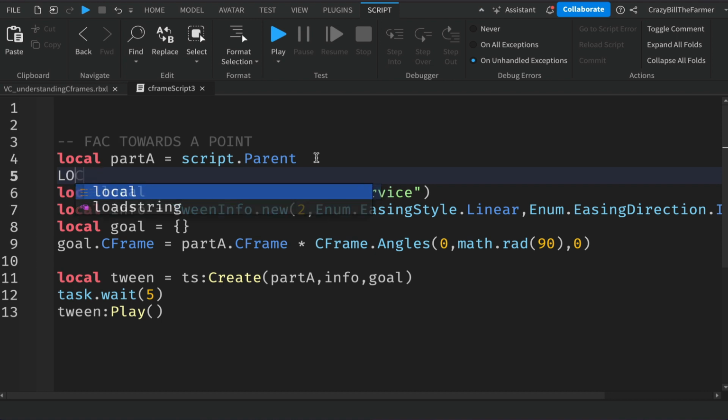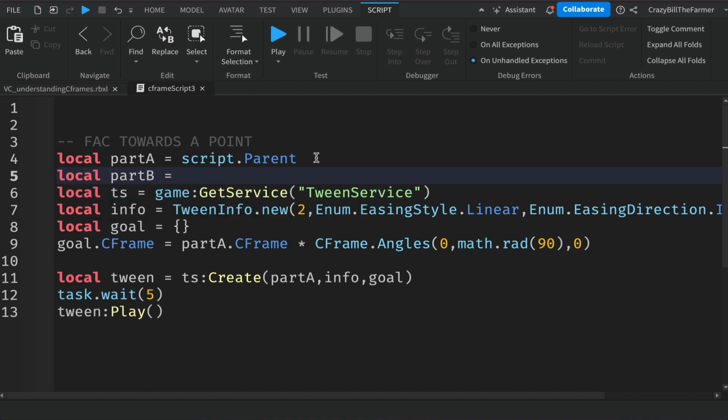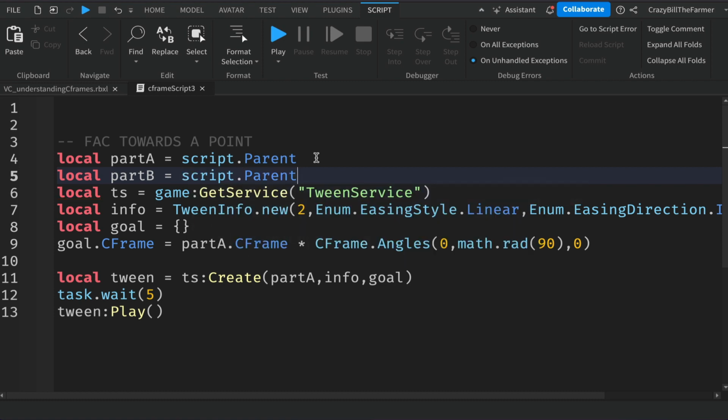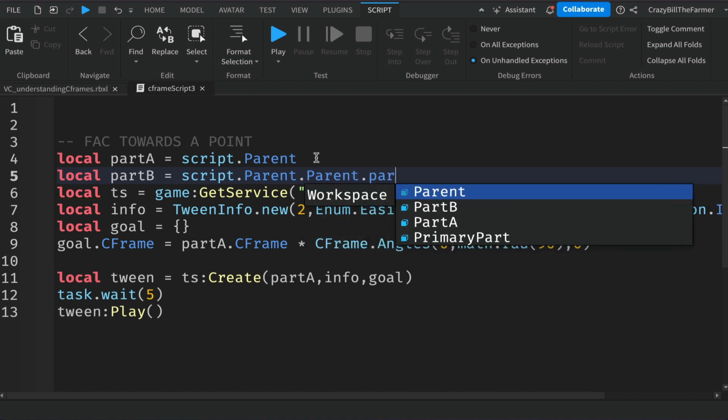So, let's turn that off, we'll make some changes to this script. A local partB will equal, now it's in the model, so we can go script.Parent.PartB